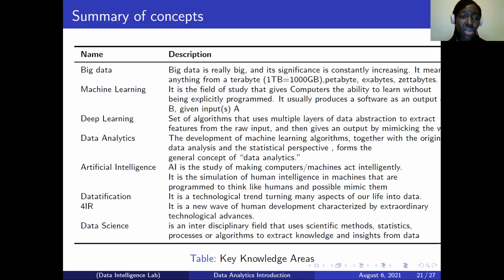Then you've also understood the concept of deep learning, data analytics, and artificial intelligence as well. I've mentioned that at various points. Then we've talked about datafication, what it means, and the impacts of datafication in the world of data analytics. And I've also talked about 4IR at some point,